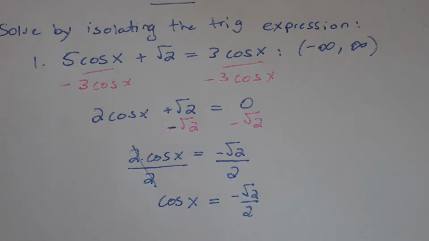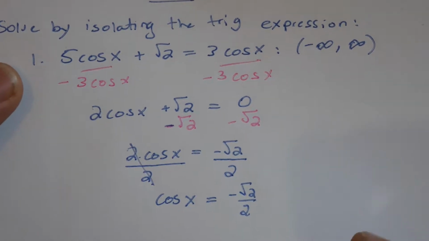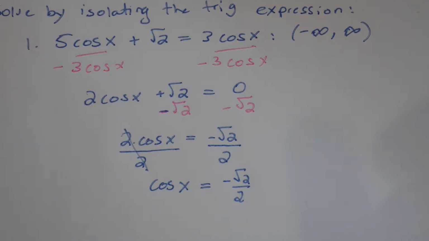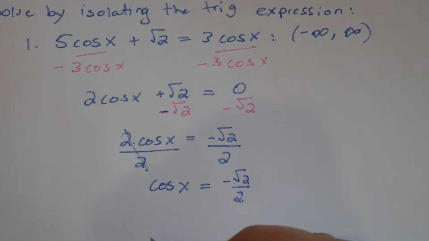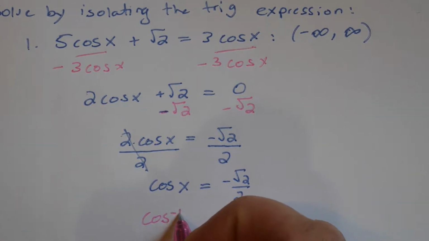Now, who knows what we need to do? Thank you very much, Gabby. We need to take the inverse cosine of both sides because we're solving for x, right? So we need to get x by itself. To get x by itself, I do the inverse operation of what's happening to x. What's the inverse operation of cosine? It's cosine inverse. So what I'm doing here is I'm taking cosine inverse